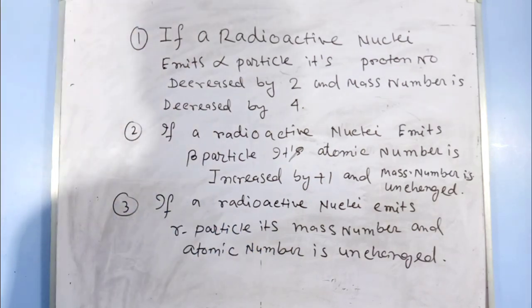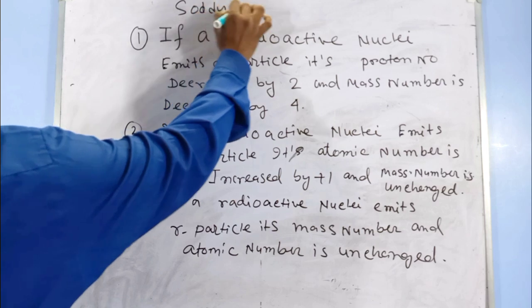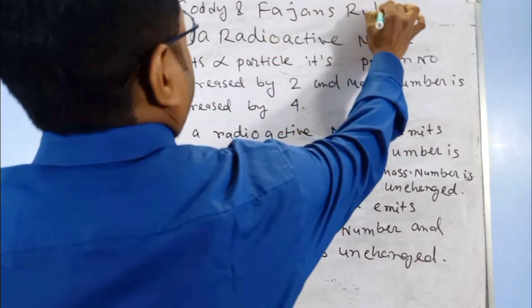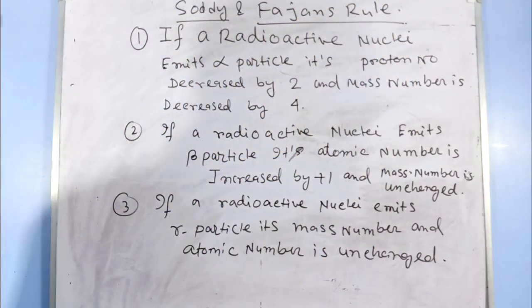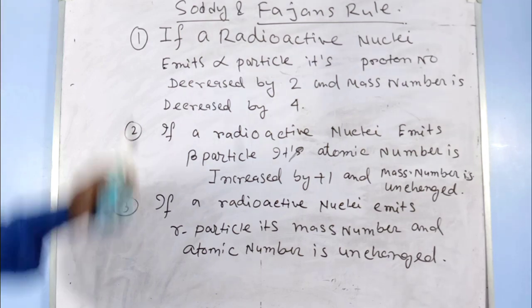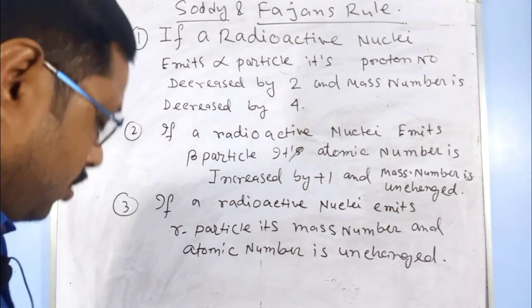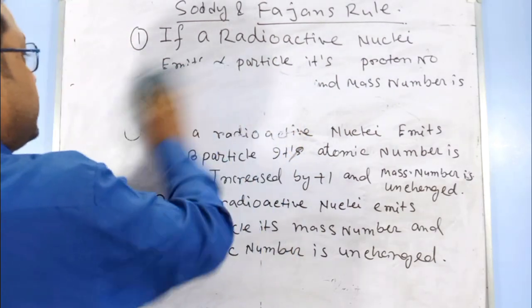So these 3 rules are known as Soddy and Fajans' rule of radioactivity. If you are asked in your exam what are Soddy and Fajans' rules, these 3 rules are Soddy and Fajans' rules. So we give an example so that you can